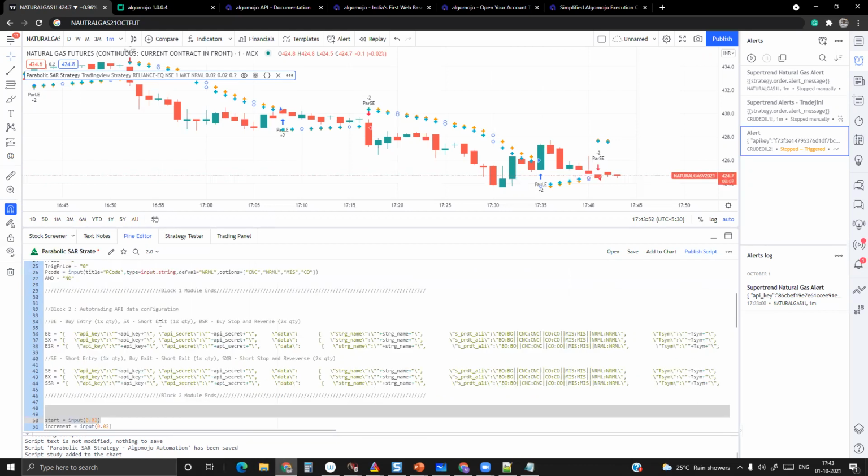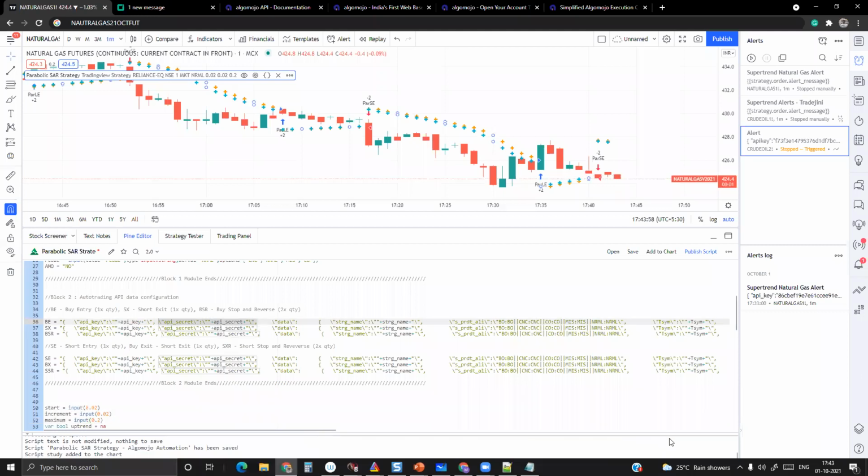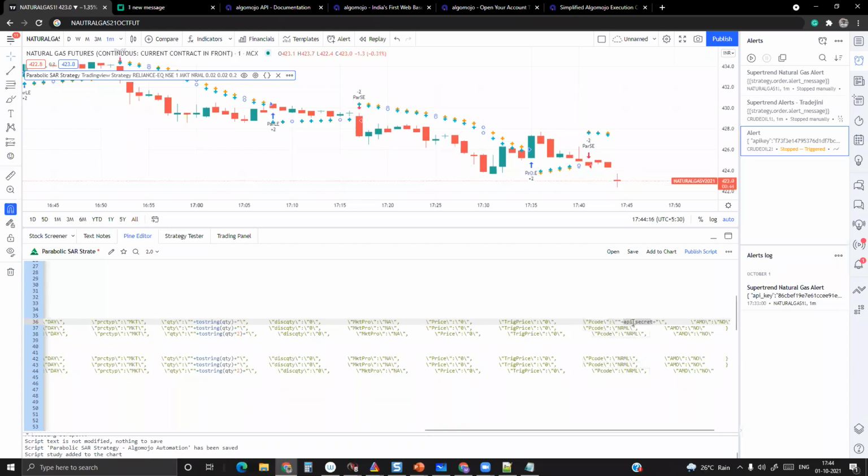This entire block I'll copy, and I'll just change it to P code. Otherwise, it will try to transmit only NRML. No matter what you're sending, it will try to send only the NRML quantity. It's supposed to be a P code here, and this is also a P code, so that now it will dynamically get those values. Anyway, I'll be updating the code by end of the day.